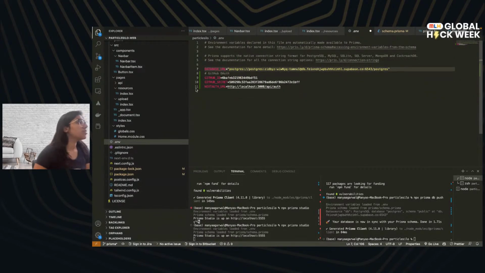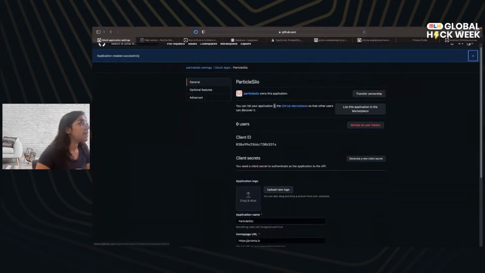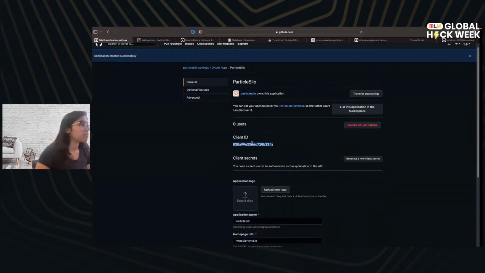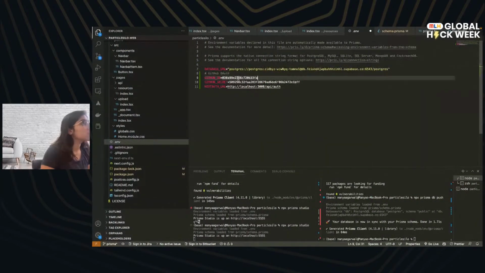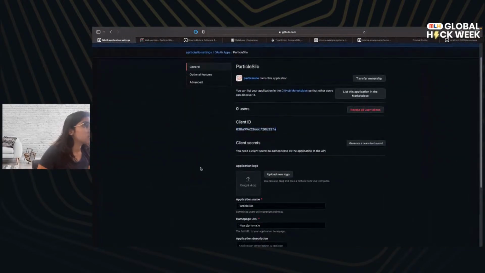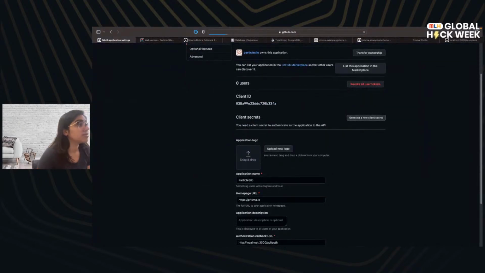Just have this here. Let's get our ID. Just this. Client secret is something I will have to generate on my own, and yes, I'm going to add that in the client secret here, and the auth URL is perfect. Okay, so we have that gone through. Now let's create our